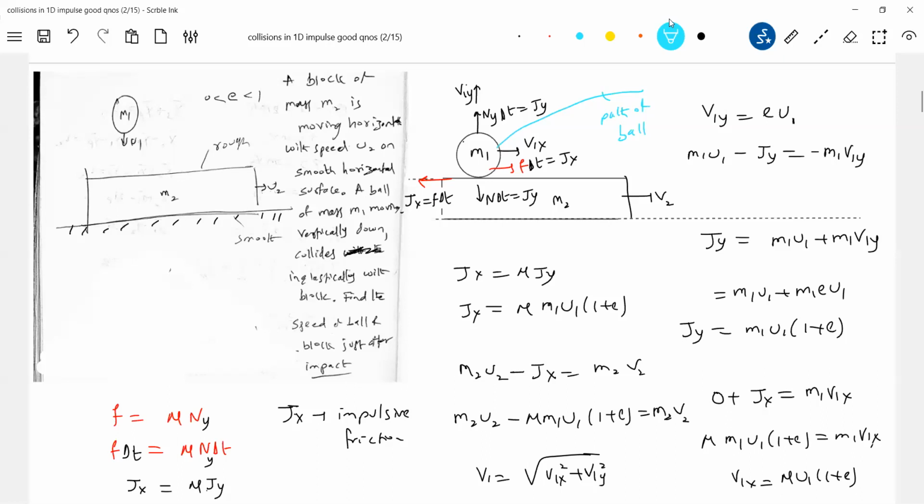It all depends on delta t, which is of nanoseconds. The Ny will be of order 10 to the power 8. And M1 will be of order a few hundred, or let it be 1000. Even then, Ny will be very much greater than Mg.